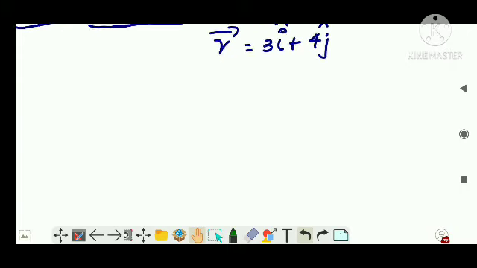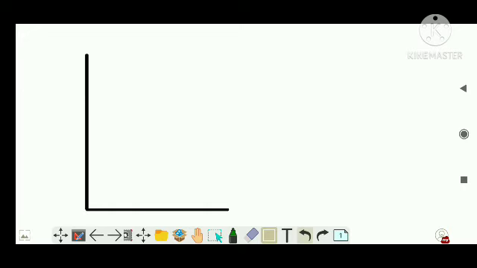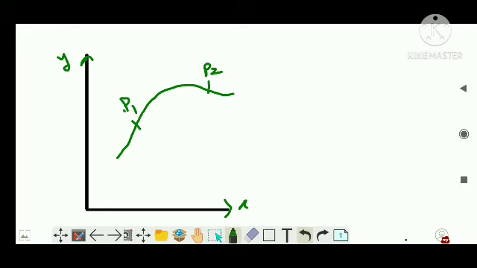Clear? Right? Now, suppose the man is moving in a curvy path. What we taught now is a straight section, right? Now, let's say he is moving in a straight path. Right? Let's take another axis. Yeah, now this is x and this is y. Alright, let's say the man is moving in a curvy path like this. Let's say this point P1 is his initial point and this is P2, which is his final point, right?